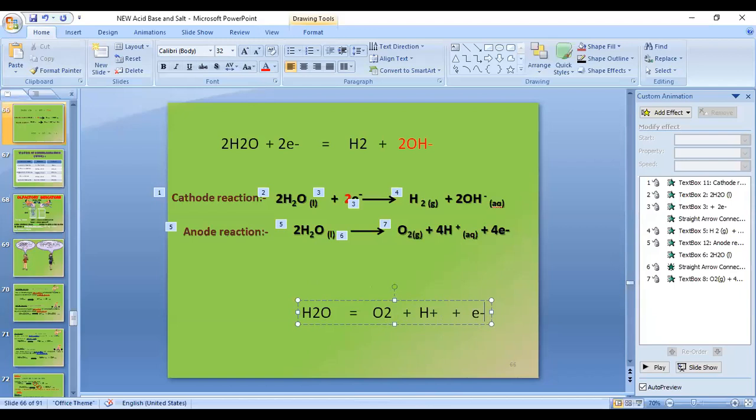ये पहले तो मुझे बताओ मैंने ये anode reaction कैसे लिखा? Because I know that the electrolysis is done with the help of water. तो पहले हमने water लिख दिया. और anode है, मतलब electrons will be given in the product. And we know from the experiment that at anode oxygen gas is formed. So what will be left in the reaction? It is hydrogen ions. Now I will have to balance the reaction.